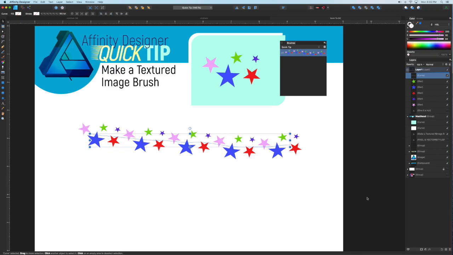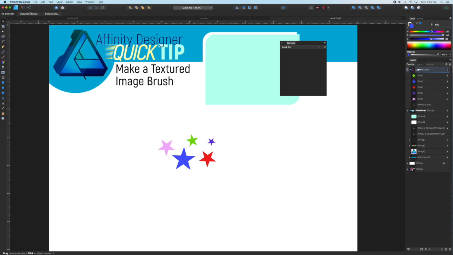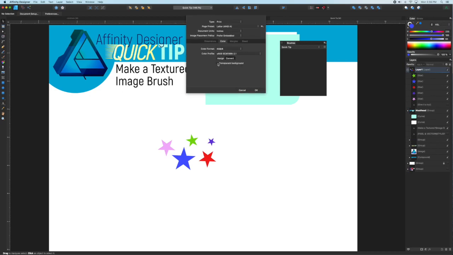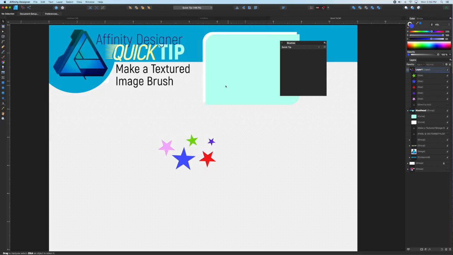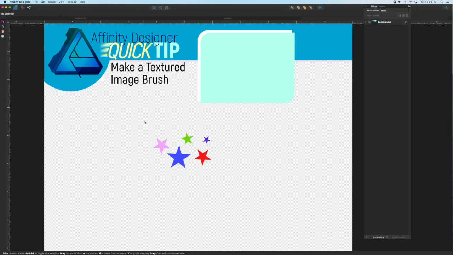In this video, we're going to take a look at making textured image brushes. The first thing you want to do is go to your document setup and make your background transparent. Then go to the export persona, create a slice by dragging over your brush, resize the box to fit the